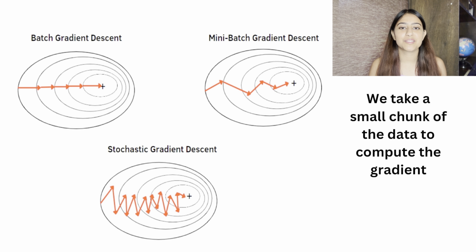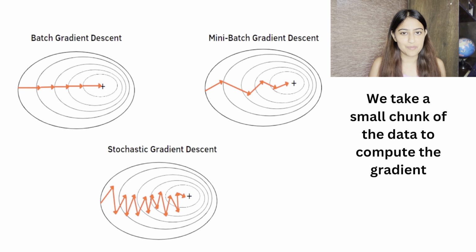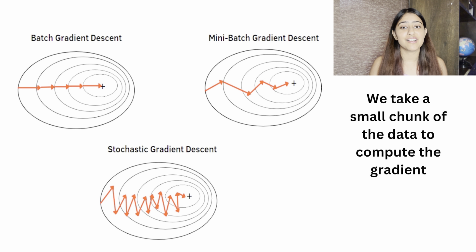Finally, we have got the sweet spot, mini batch gradient descent. This is the most popular one in deep learning. You take a small chunk of the data, let's say 32 or 128 samples, and you compute the gradient using just this small batch. Not the entire data set like batch, and not even like stochastic gradient descent where you just take one sample. No, but a small set of samples. Using this, the updates are smoother and it also plays nice with GPUs. So it is the best of both worlds.